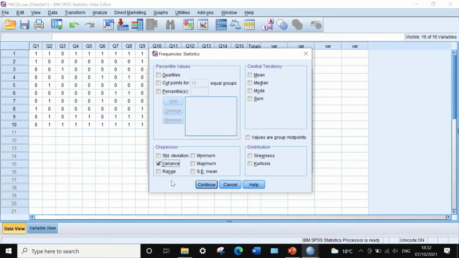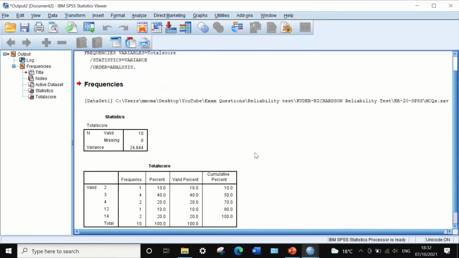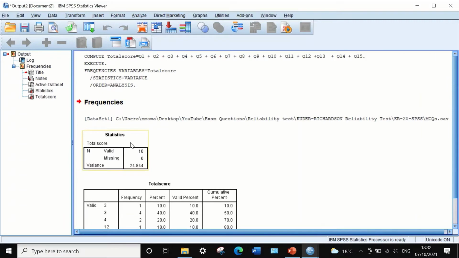If you click on Continue and then click on OK, tables are generated. In the first table, the variance is calculated for these 10 participants, and the variance for the total score is